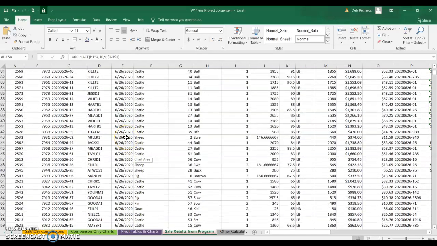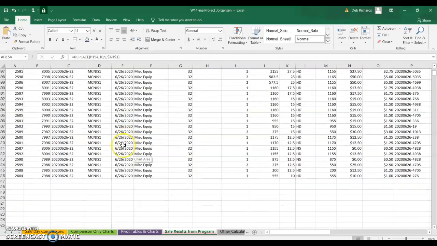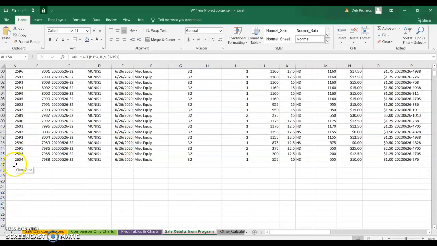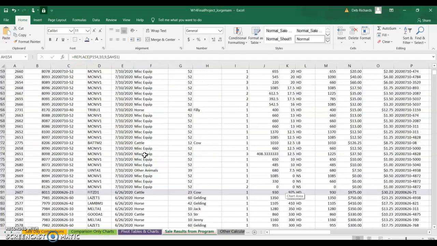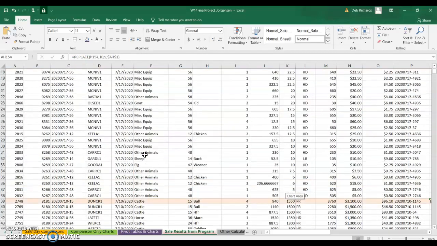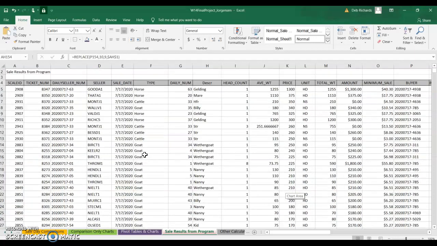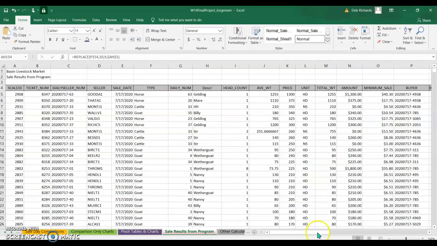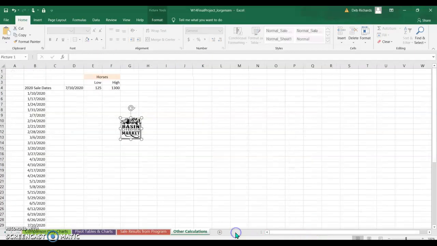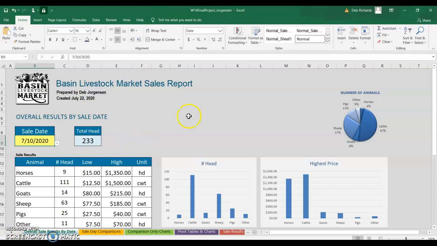And so the next sale will be next Friday. We don't have a sale this Friday on the 24th. And I will just plug that information in right there, and hopefully all of the reports will add it. So anyway, this is the sale results. And then this is just other calculations that I needed to use for some specific things. So that's the overview. And if we go back to the overall sale results,